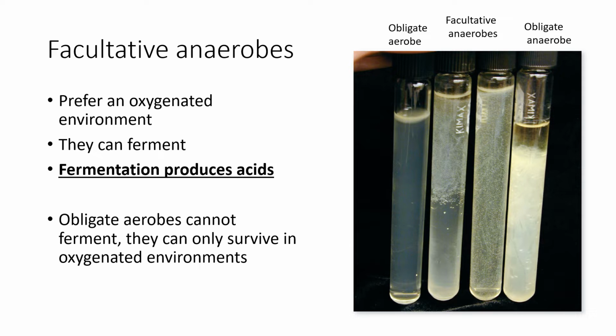We can see that of the 2 tubes in the center of this picture, the one that is on the right, which I would call tube 3, obviously you see growth all the way to the bottom. So even at the lowest oxygen concentrations, this facultative anaerobe has a greater ability to grow with lower oxygen amounts than the tube just to its left, which is also a facultative anaerobe. So being a facultative anaerobe does not mean you have equal